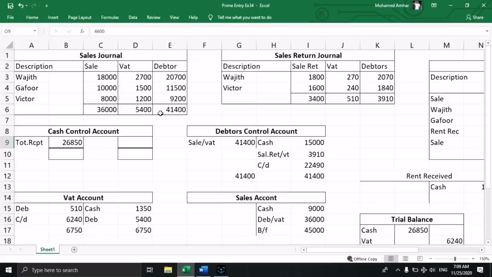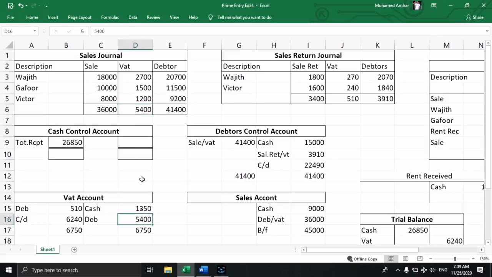You have to transfer to sales, which should be credited, and the VAT account should be credited 5,400, and the debtor account should be debited. Right. Check whether, yeah, debtor account debited 41,400, sales account credited 36,000. Here see, sales account credited 36,000 and VAT account credited